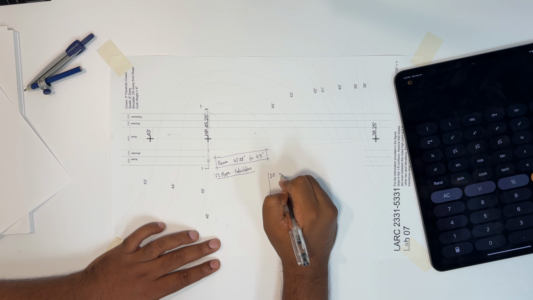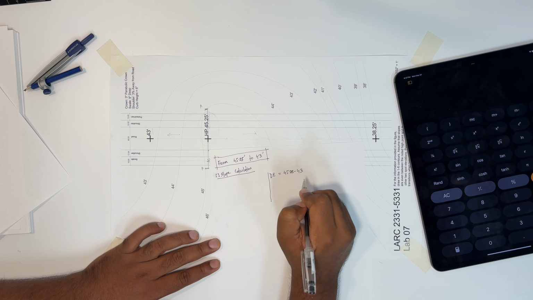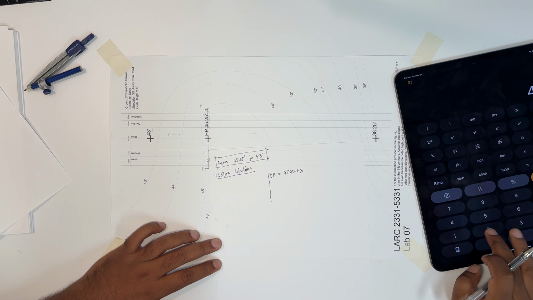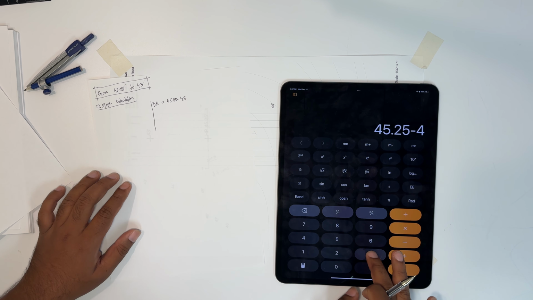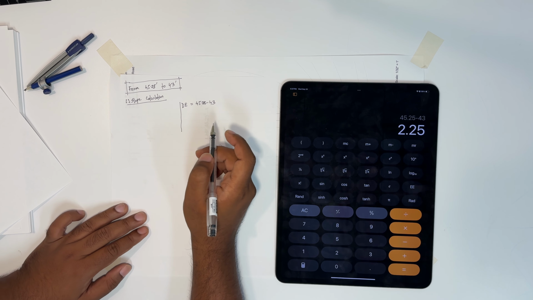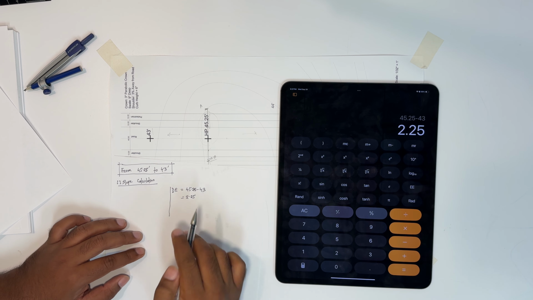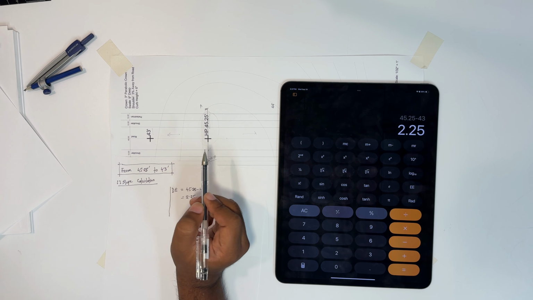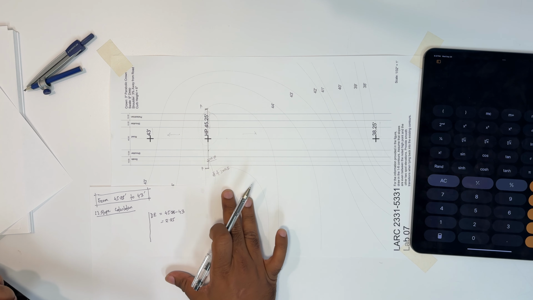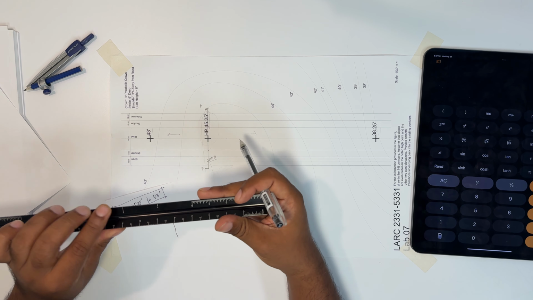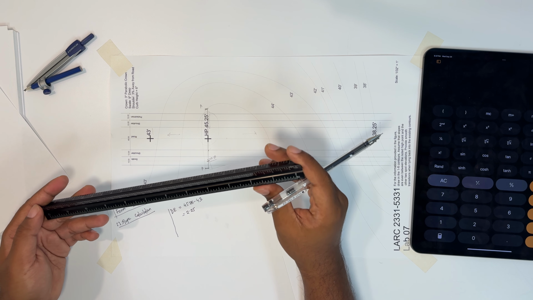DE is 45.25 minus 43.25, and then we don't know the length to this, so we are going to use a scale at this point. So here's a quick tip. When measuring, you are going to divide, and when drawing, you're going to multiply. Sorry, when measuring, you're going to